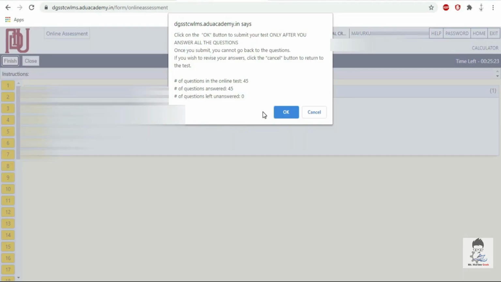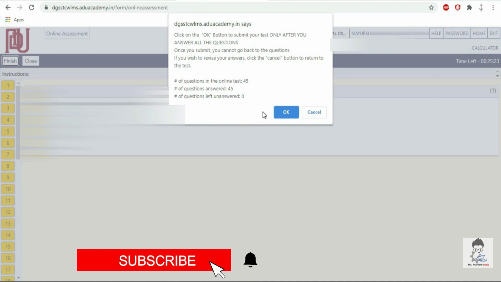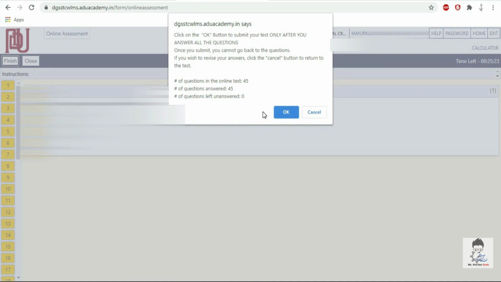So once you have finished, you click on finish, and you will get this kind of a dialog box where it will show you the number of unattempted questions and attempted questions.